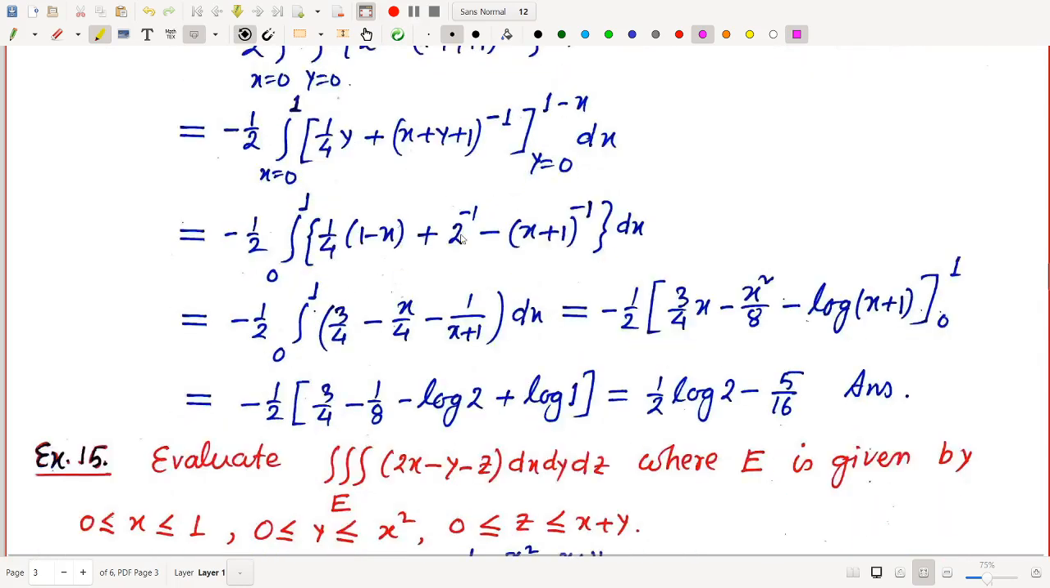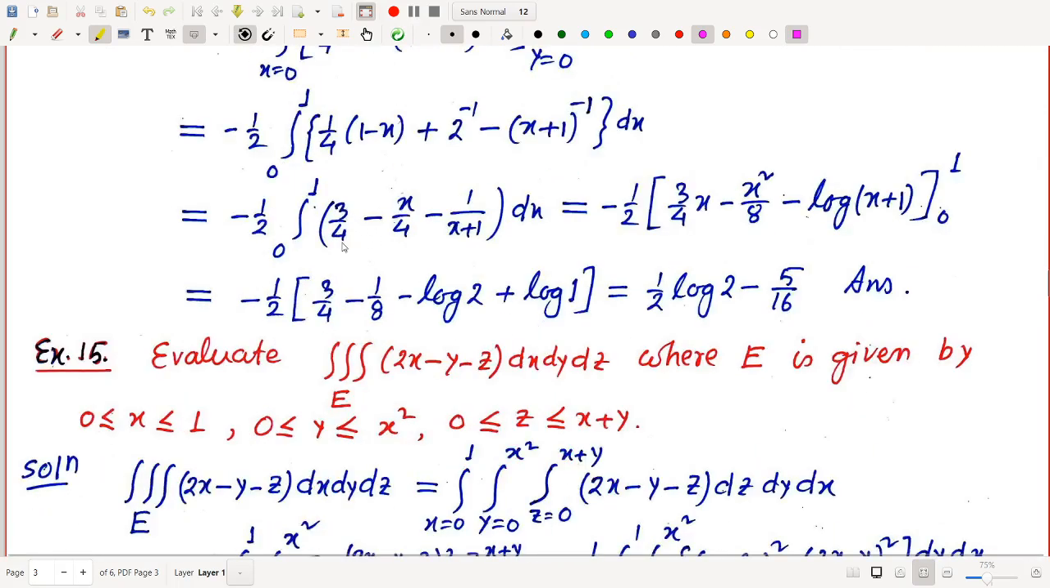Finally we simplify: 1 by 2 and 1 by 4 gives 3 by 4, x by 4, and here is x plus 1 to the power minus 1, which means 1 by x plus 1. So if we integrate, 3 by 4x, x square by 2 means it will be 8, then log of 1 plus x. Now with upper limit 1 and lower limit 0, if we put them in, we get 3 by 8 minus 1 by 8 log 2, and when x is 0, this is 0, this is 0, this is log 1, and log 1 is also 0. So finally we get half log 2